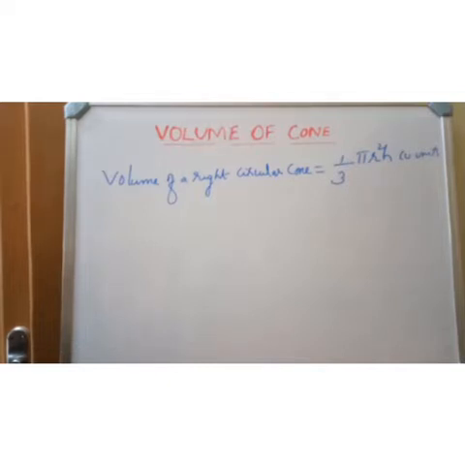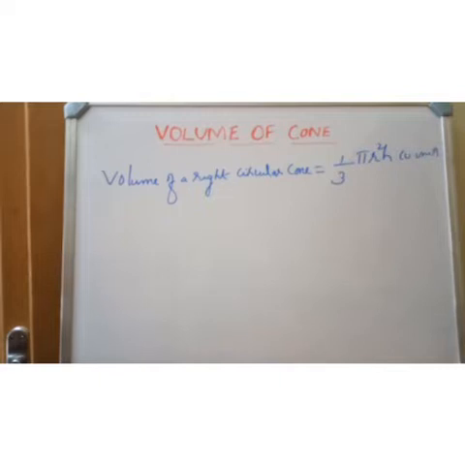Okay. So in the application level questions, they will give you volume of a cylinder, for example 99 cubic units. Then they will ask you to find out, with the same radius and height of the cylinder and cone, what will be the volume of the cone? So how will you find out? Volume of cylinder is given as 99. So we know that the volume of a cone is 1/3 of the volume of cylinder, isn't it? So 99 divided by 3, 33, isn't it? So we will get it easily with the application level questions.